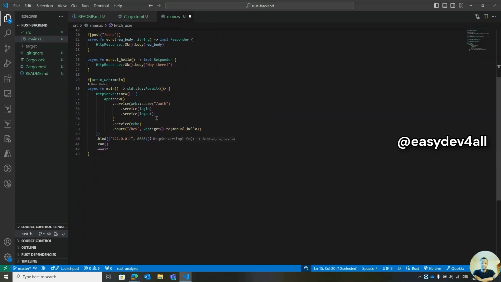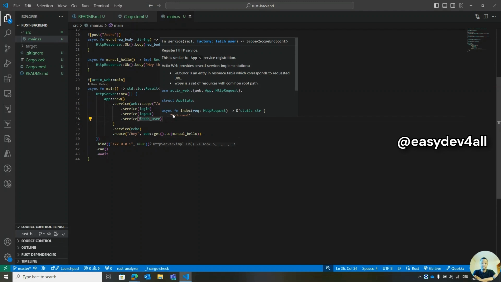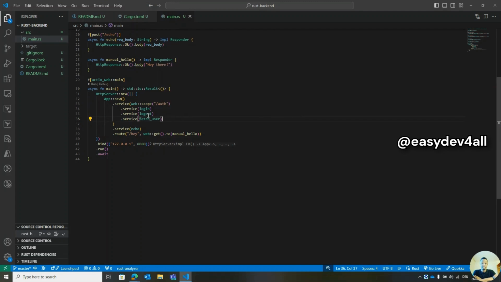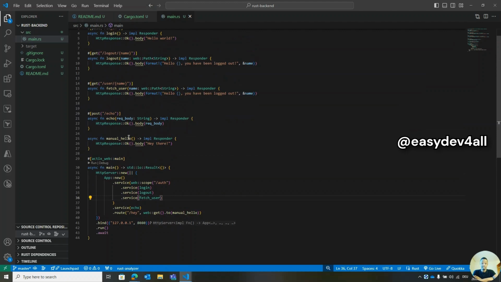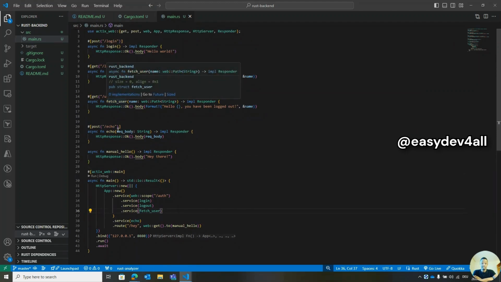Again, I'm going to come down here and add this here. So scope, sorry, service, and then I add this here as our factory, more or less, endpoint. So if we now come over to fetch user, we have a whole new endpoint we can really play around with. So let's just say we wanted to add a couple more